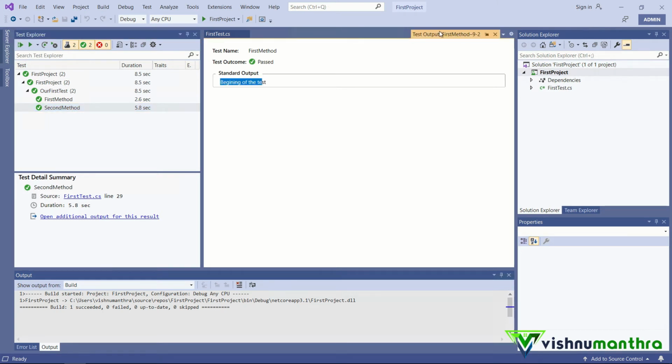So before each one of our tests, this statement got printed, because as I said, every time before picking our test method, it will first go and execute this particular method and then come back to our test method. Okay, now moving back to our test,